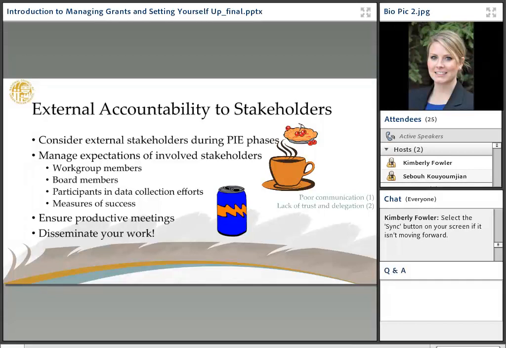Again, ensuring that you have productive meetings, again, having that agenda or the POP. And disseminate your work. This is one that I can't stress enough that I think we oftentimes forget to do, is we forget to disseminate findings, whether formally or informally, to your stakeholders, so that they know what you've been working on the past year.